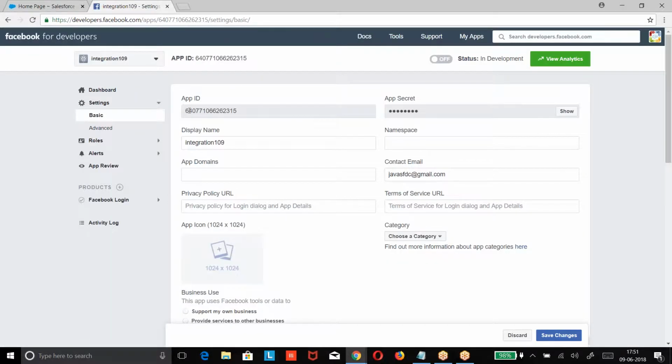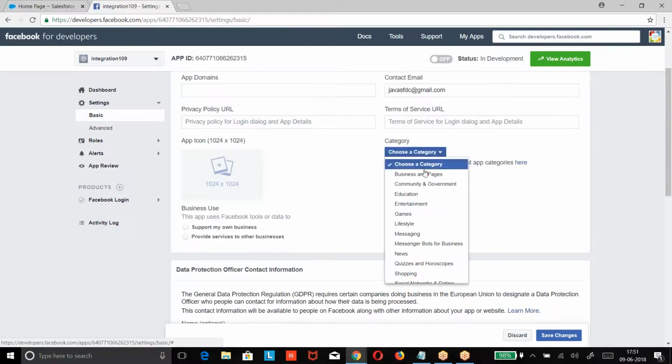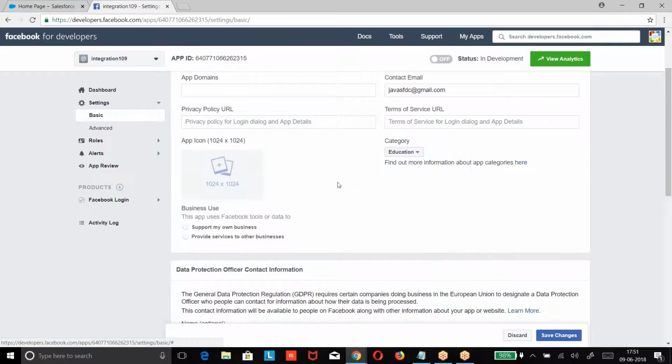what are you getting here? App ID, app secret. This is called a client ID. This is called client secret. Then choose the category, education.